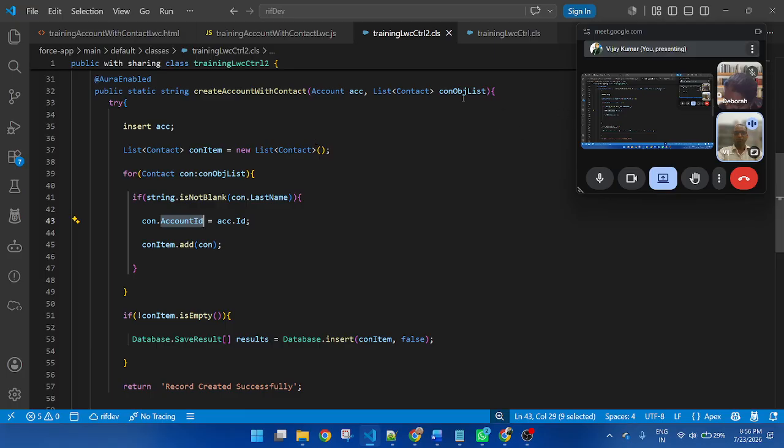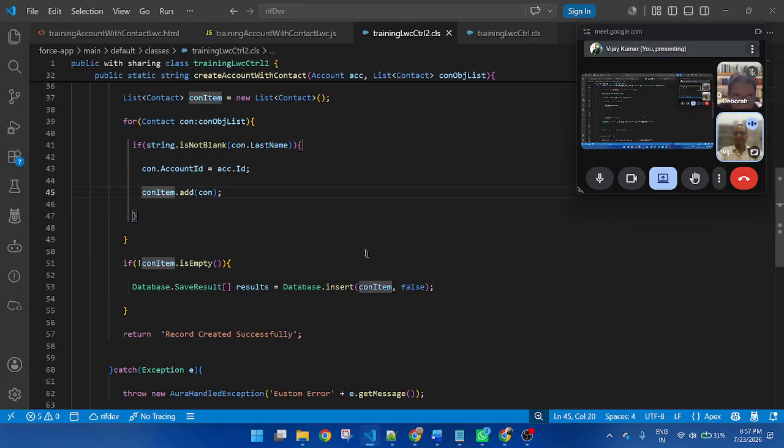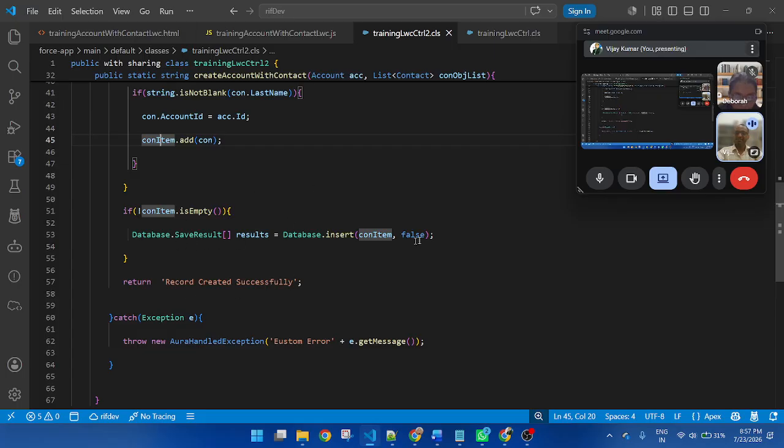I am applying a loop for this list of contacts, and here I am passing the account ID into this account ID field. This is a lookup field on the contact, and here I am passing the newly created account ID. And then I am adding it, and inserting this list of contact records.